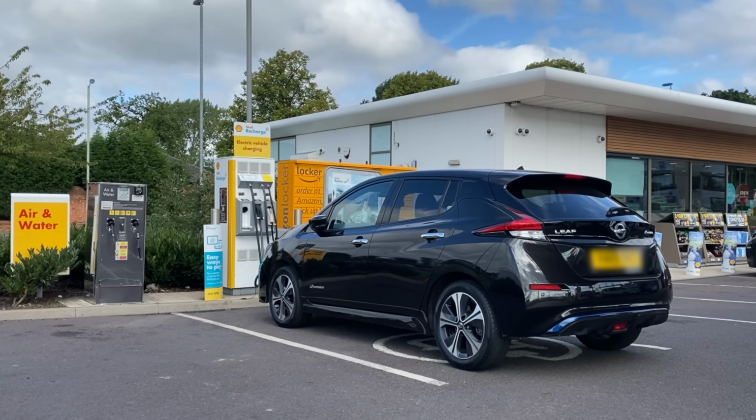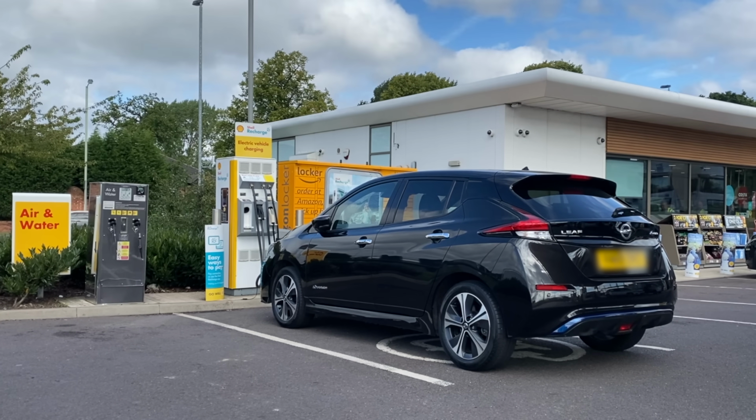Now, if you don't know about the Nissan Leaf, it's kind of like an entry-level EV, but it's actually the second biggest selling EV in the UK. However, it is more of a city car. The standard Leaf, I think, has a range of 100 to 120 miles. This is the E+, so we do have a range of about 200 miles. Still not ideal for a 500-mile round trip to Preston, but that's the whole point, because my biggest bugbear,